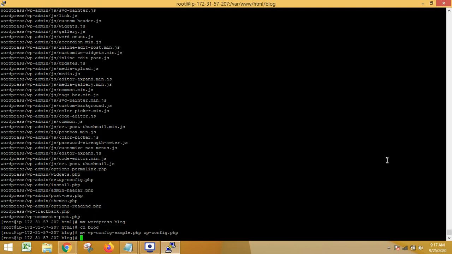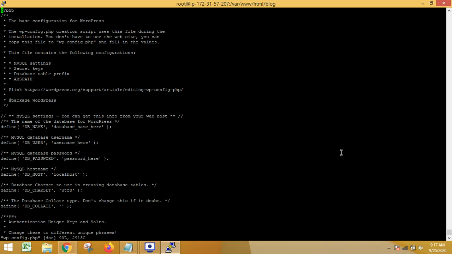Okay. Now the next is we are going to enter into this wp-config.php. So the vi command we know in order to open the file. So this is exactly the base configuration file for WordPress.